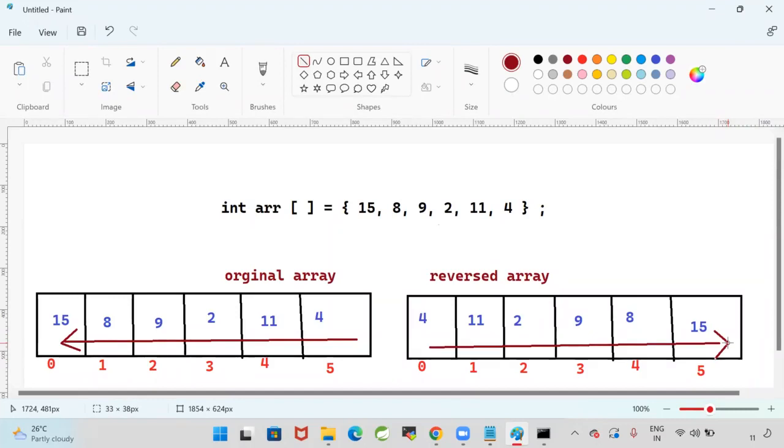Last value I am getting from the original array and I am updating that last value in the first position. Then fifth index value I am getting, I am storing in the 0th index. Fourth index value, I am storing in the first index. Third index value, I'm storing in the second index. Second index value, I'm storing in the third index. First index value, storing in the fourth index. 0th index value, I'm storing in the fifth index. So when I am storing the data in the array, I'm replacing the values based on index